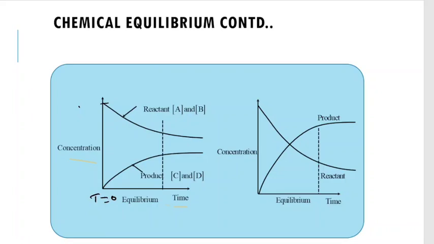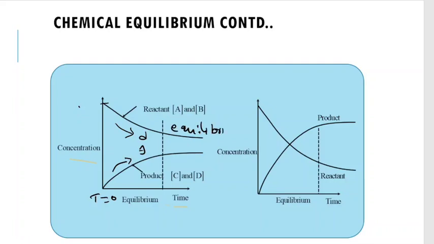With time, no doubt, the reactants' concentrations are decreasing and the products' concentrations are increasing. After a particular stage, they almost became constant. They almost became constant, but they are not equal, right? Though they are not equal, you can say that equilibrium is